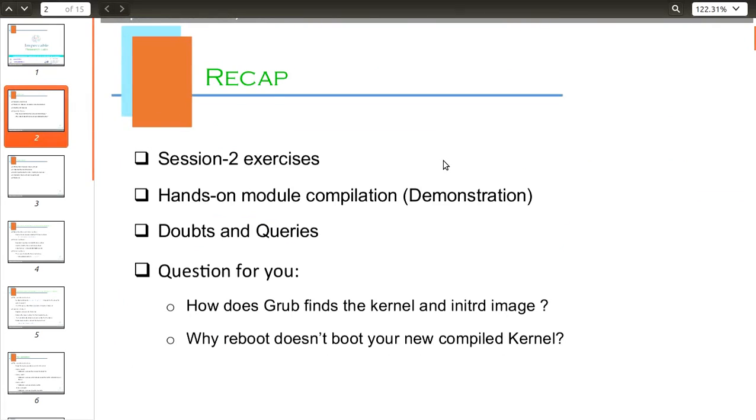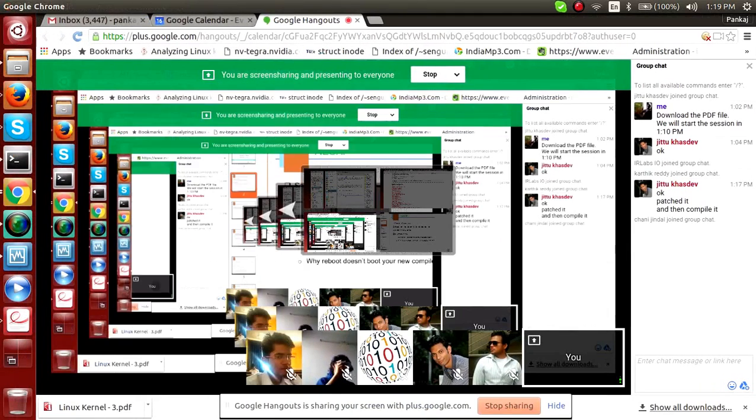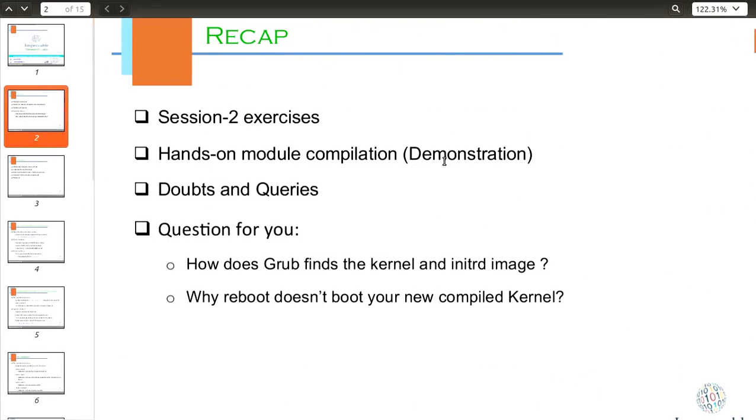So today we will start with the recap. Basically, in session 2 exercises, there are a lot of questions, right? The questions like how grub finds the kernel and initrd image.